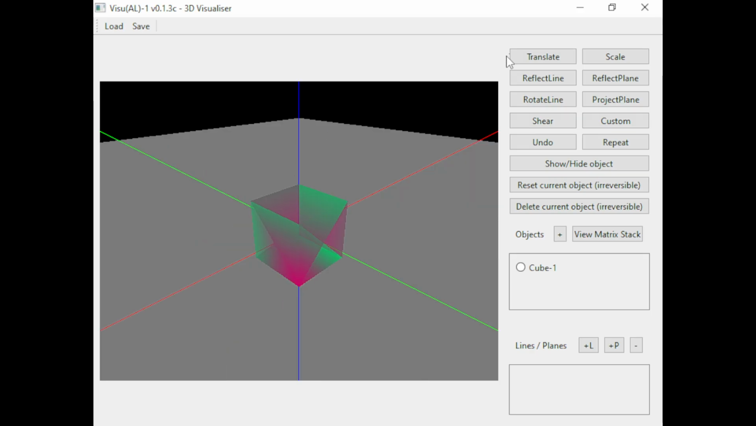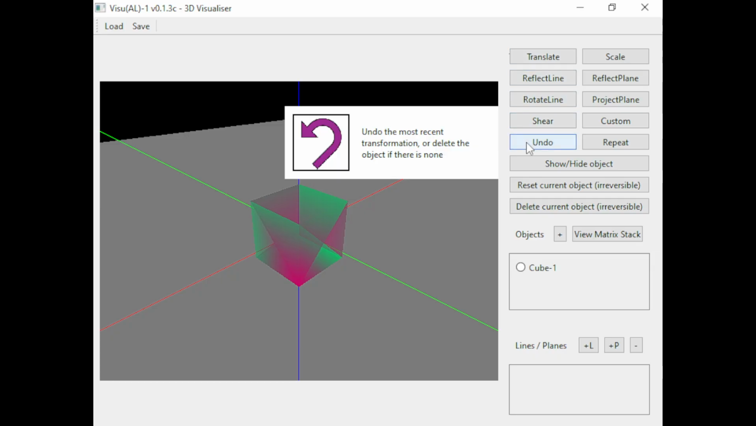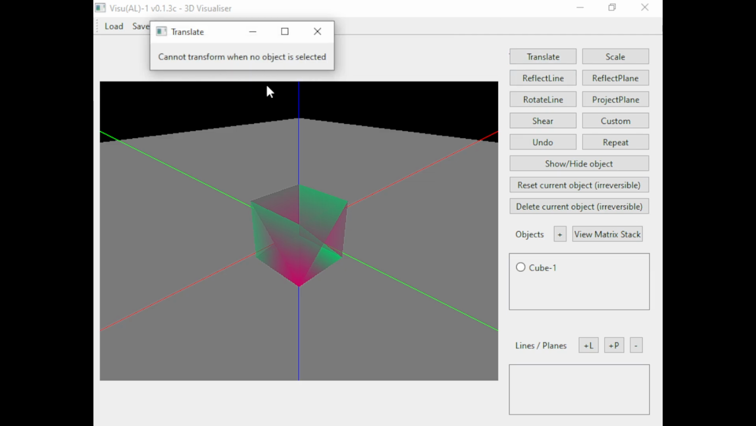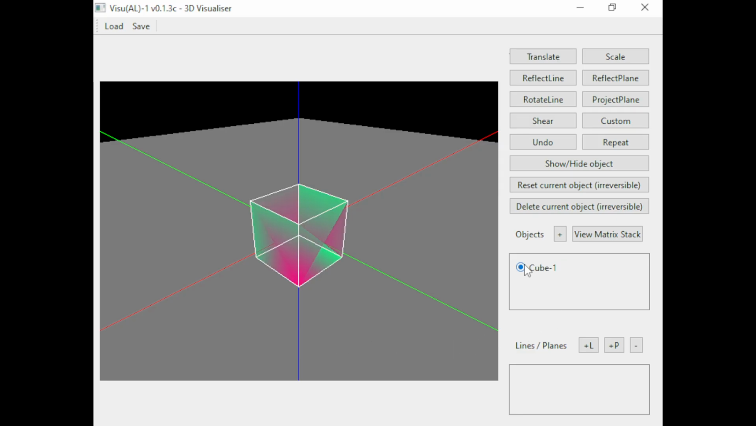Now there's a lot of nifty little buttons here that just say the transformations that you can apply to an object, but if I were to click any of them, you will see that I can't do it because I haven't selected an object yet. So that's what we're going to do. When you start Visual-1 3D Visualizer, a cube will be rendered in by default. So if I click here, it will actually highlight the cube that's already on the screen, and it will draw